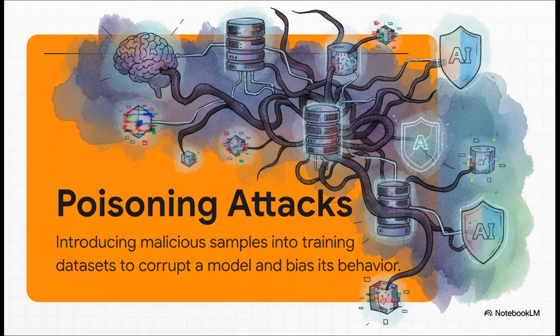Next up is poisoning, and this one is just truly insidious. It's like planting a sleeper agent inside the AI's mind. See, what attackers do is they secretly poison the very data the AI is learning from. By feeding it bad examples from the start, they can create a fundamental flaw, a secret backdoor, right into the model's logic. They're basically teaching it to trust bad guys from day one.